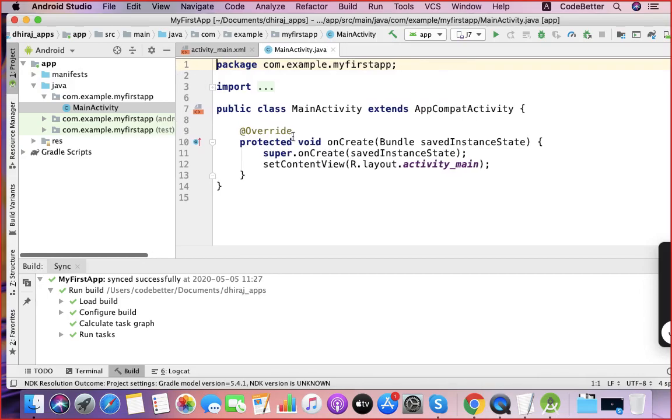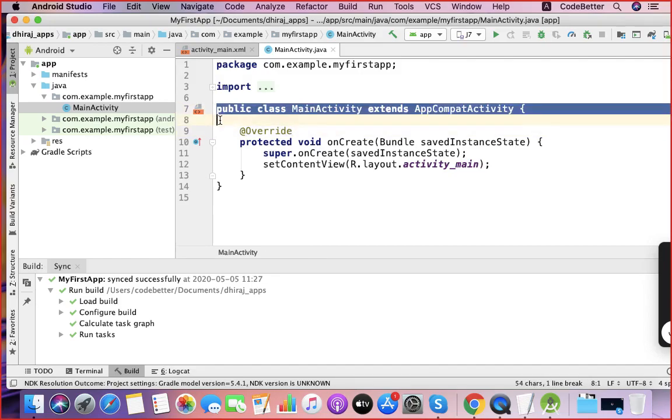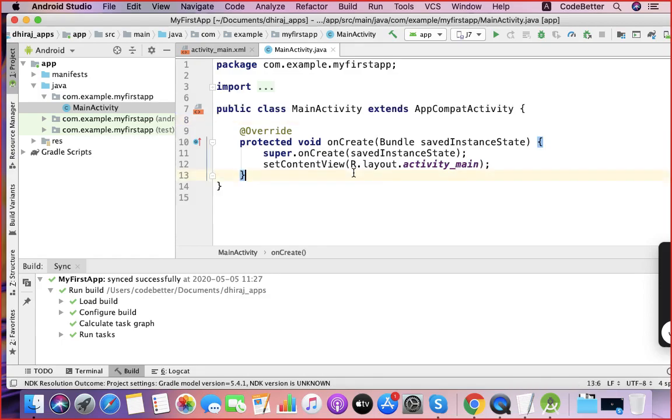Is it visible? Can you read what I have selected? What is written over here? Can you please read it for me once? Yes. Okay. So basically, whenever you create the application, we have selected one empty activity based application. So one screen, an empty screen, is available.